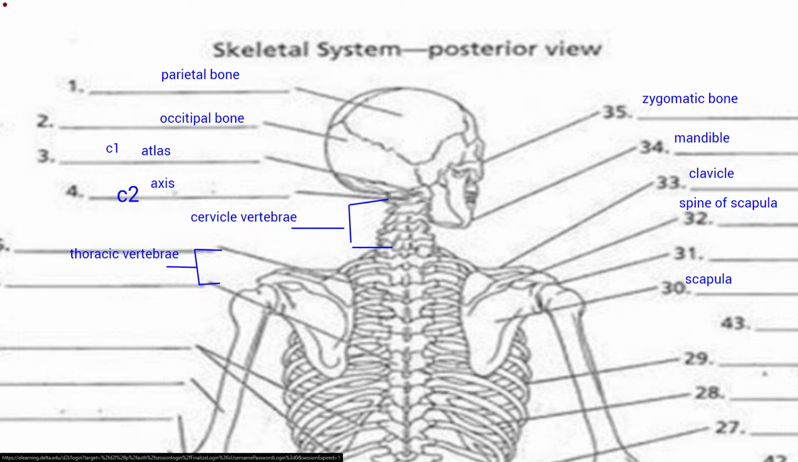And then this is the acromion. This one delineates the different ribs. So we have 12 pair of ribs, or 24 ribs, and we have the first